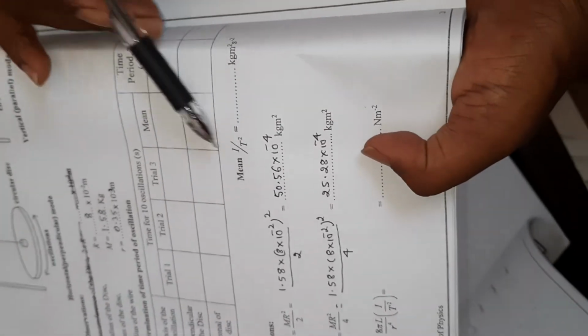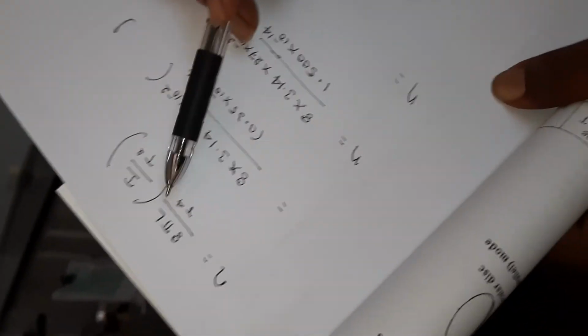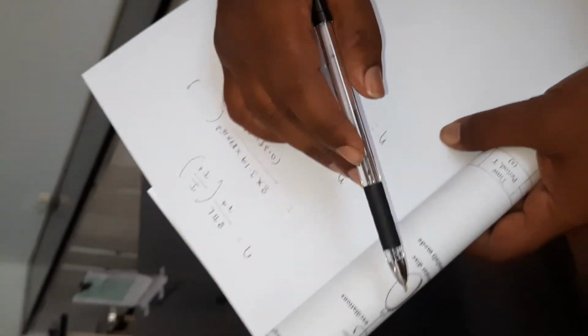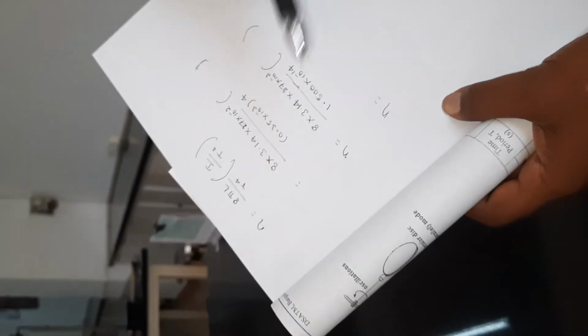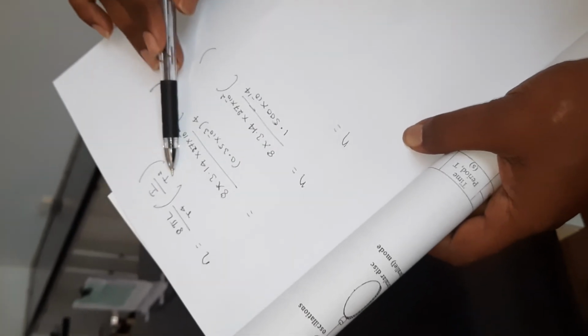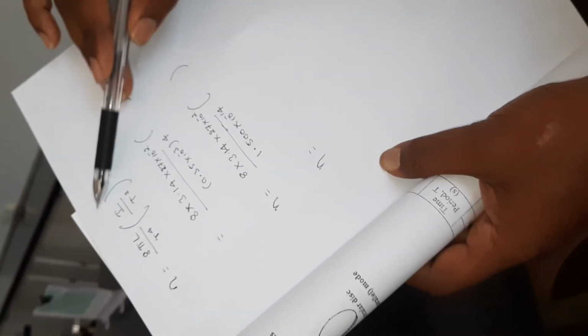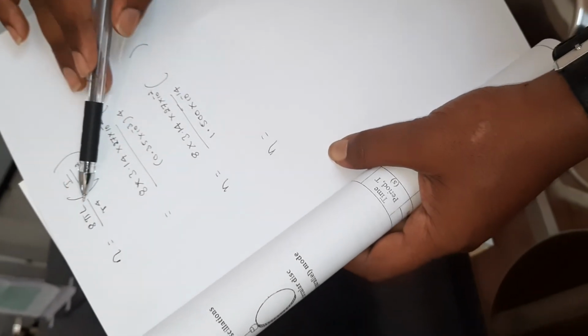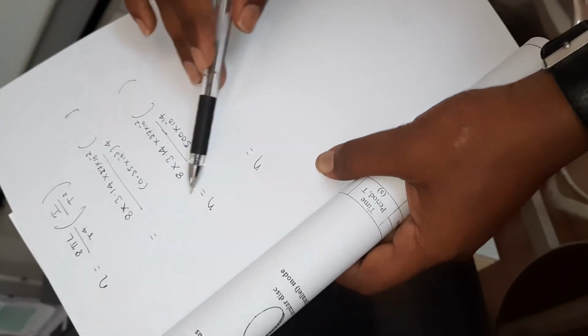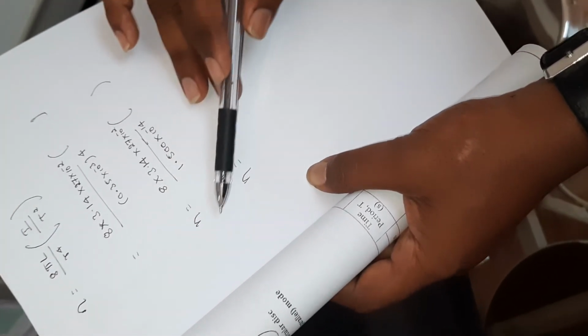So the I by t square mean value you are taking and substituting in the formula. Look at this, we had a formula previously: eta is 8 pi L divided by r power 4 into I by t square, where L represents the length of the wire, r represents the radius of the wire. I by t square, you have taken the average of both the perpendicular mode and the parallel mode. So just substitute this value. In your experiment you are finding only this I by t square. Since L is constant and r is constant, substitute that and you get the eta value, that is the rigidity modulus of a wire.